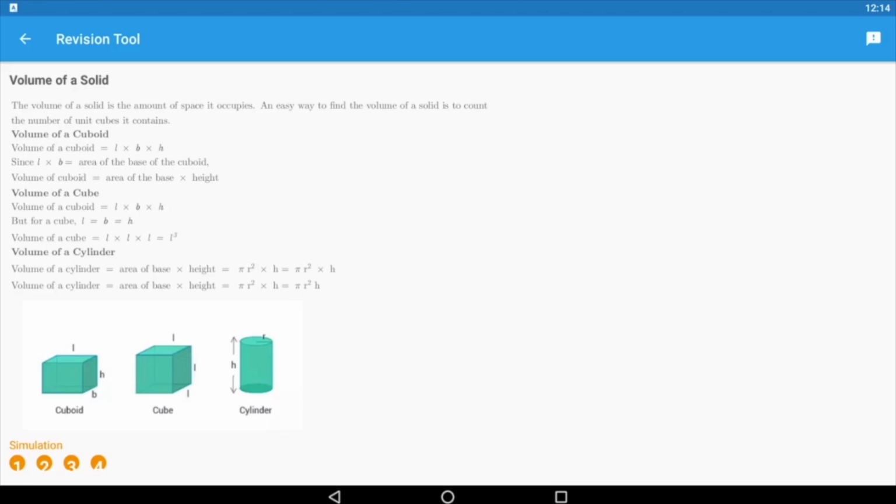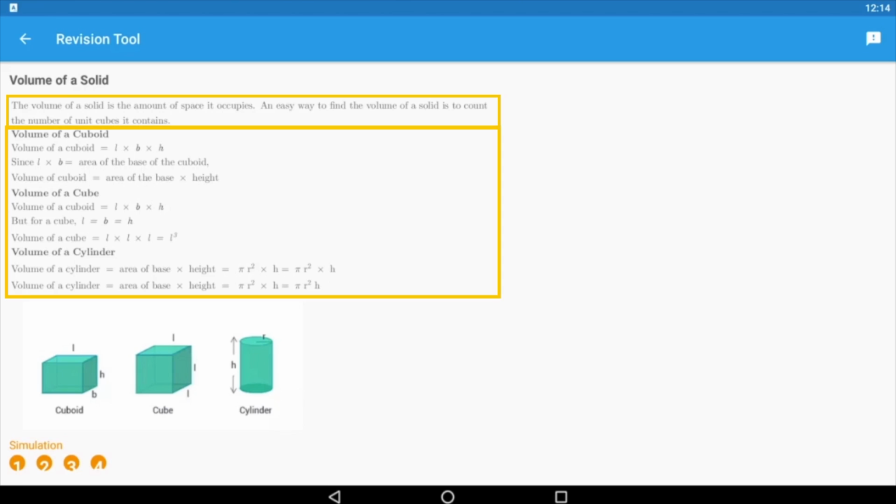In this entry, I can find a lot of valuable information. For example, it includes a definition. It also includes the equations in both the variable form and the word form. And it also includes an illustration at the bottom to help me visualize what volume looks like, and it highlights